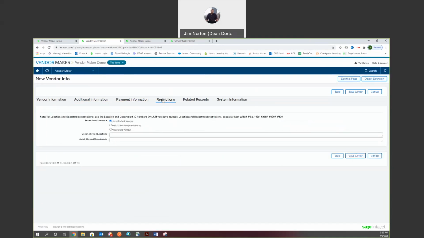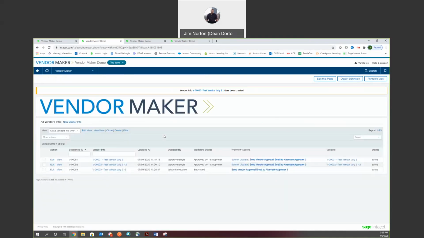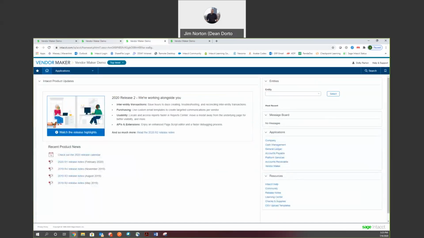I can restrict to locations or departments if I choose. For now, I'm going to leave that alone. And I'm going to hit save. As the submitter, you can now see the status of this vendor is submitted. And I have the option here to send a vendor approval email to alternate approver 1 if my current approver is not available. However, I, as the current approver, am available, so I'm just going to tab over to my next Intacct instance,